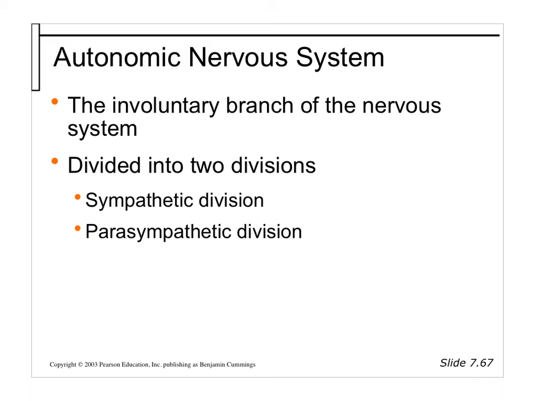Okay, so if you're watching these videos in order, you have already seen the anatomy of the nervous system, both central and peripheral. This video is looking at particular parts of the peripheral nervous system. So the peripheral nervous system can be divided into basically two branches: the somatic nervous system and the autonomic nervous